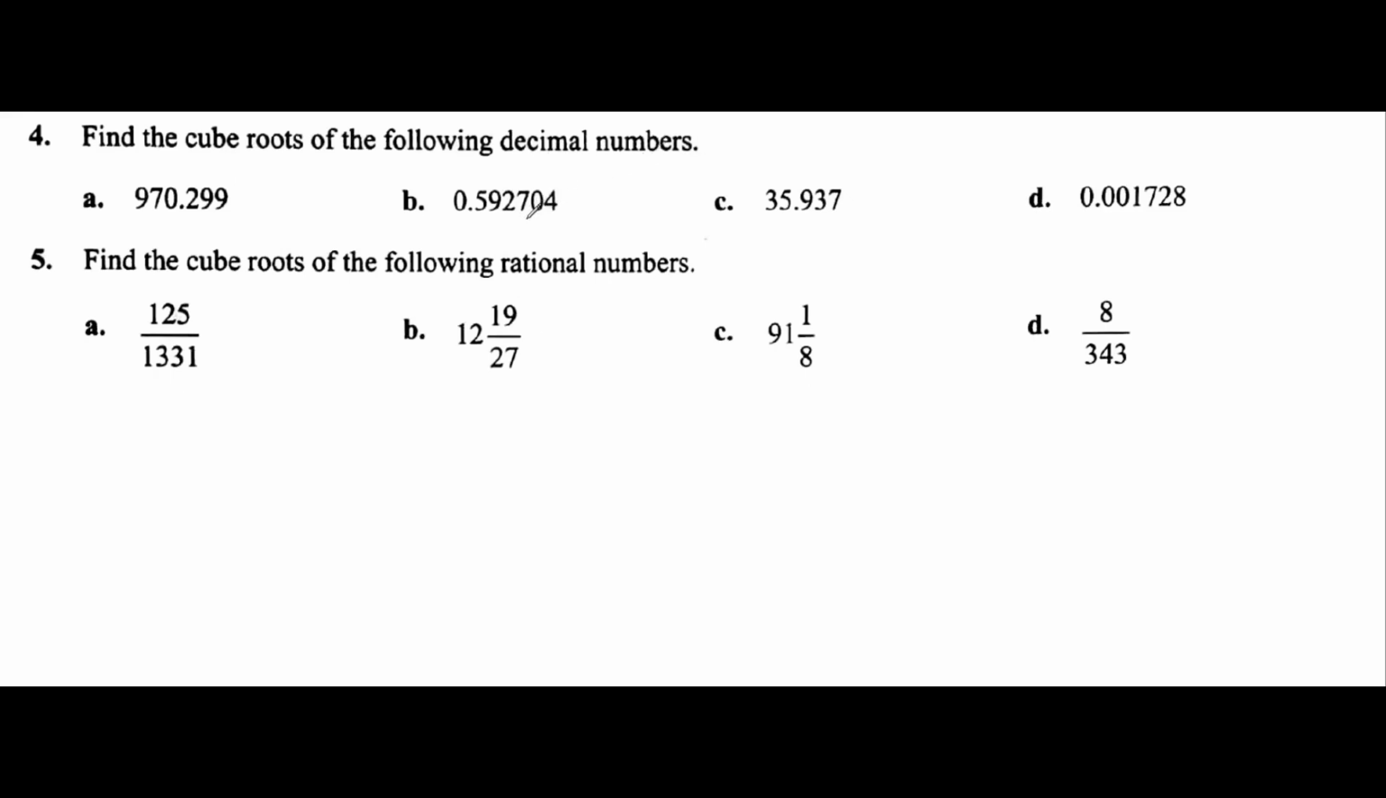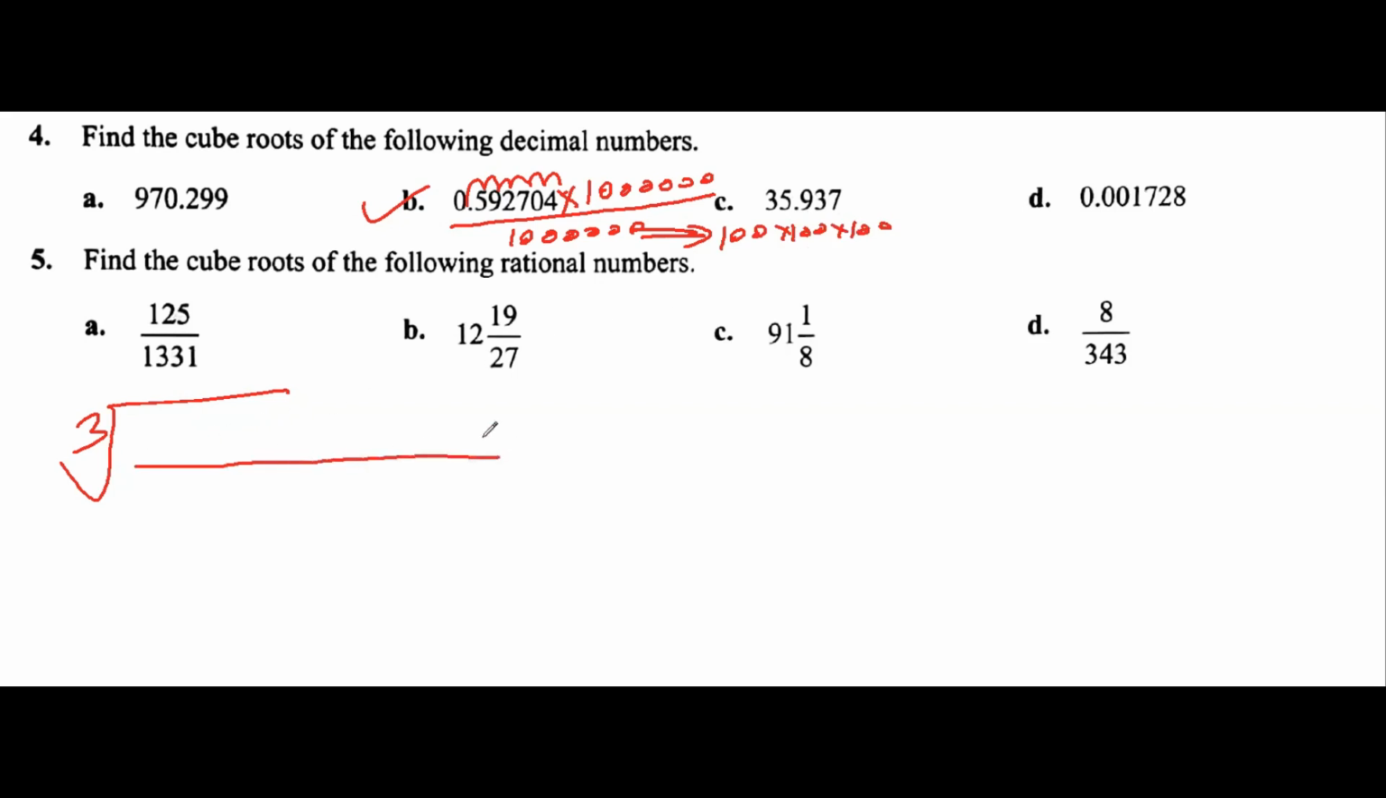Find the cube root of the following decimal number. So let me find the cube root of this B1. First I will multiply by 10 six times, that is 10 lakh. Similarly here, this 6 times which I have written here I can write as 100 into 100 into 100. So in the denominator I will write 100 into 100 into 100, and in the numerator I have to find the cube root of